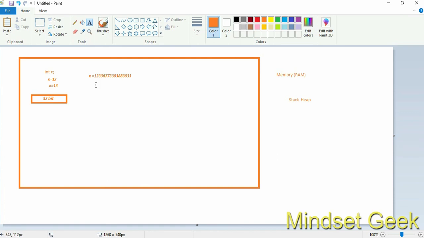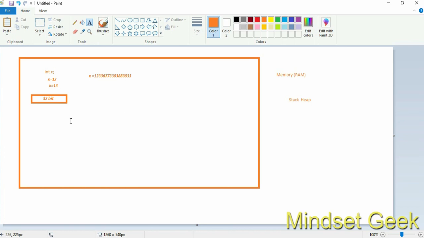When you convert this decimal value to a binary value, you can check whether its length is 32-bit or not, less than 32-bit or higher. Most probably this length is higher than 32-bit. Then we can't store this value inside this 32-bit integer type variable.